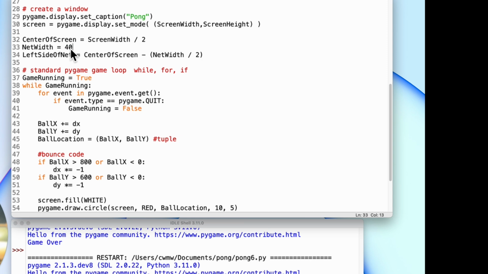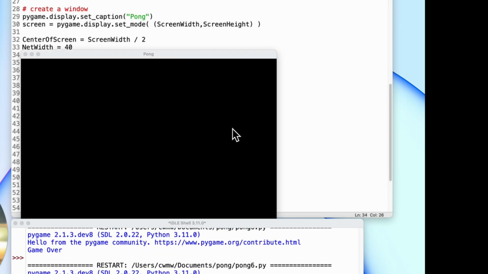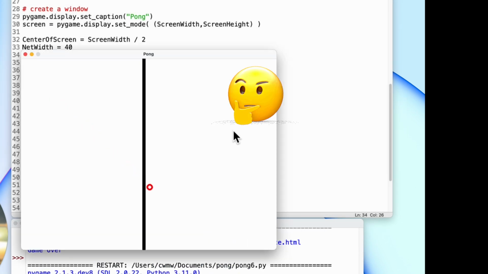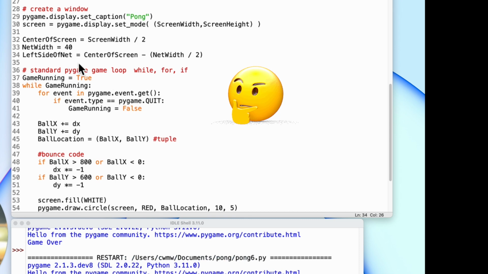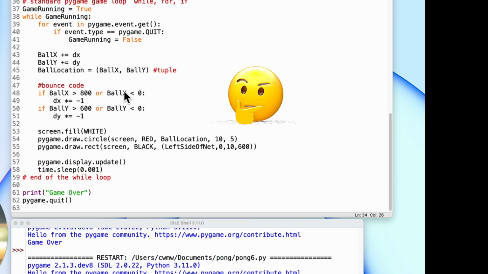If it was 40 pixels, then my center of the screen will be the same, but my net's going to be bigger, but it's still going to be scooched over. So let's take a look at how that played out. What did I do that wasn't quite right? Left side of the net width. Oh,